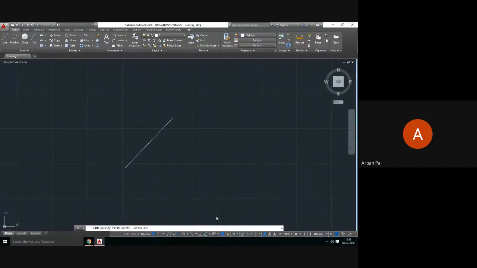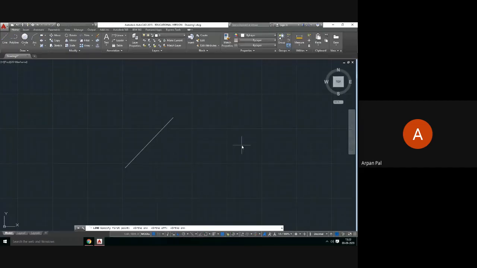Now, if you move your mouse here again, you can see the cursor is showing ortho mode. In the bracket, it is F8. That means from the keyboard, by pressing only F8, you can control this ortho mode. You just press F8, it will be turned off or on. How to understand it is on? When it is on, it will be turned blue.